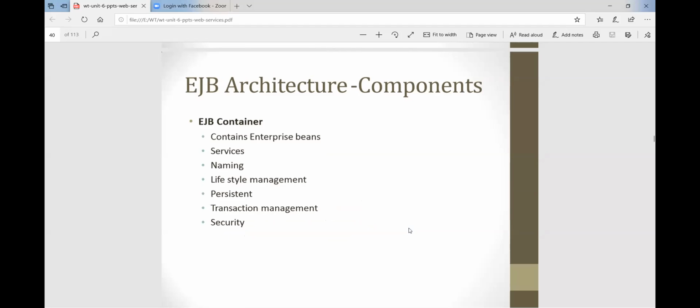It manages naming, lifecycle management of your program, persistence, transaction management, and security. These are the functions of EJB containers.